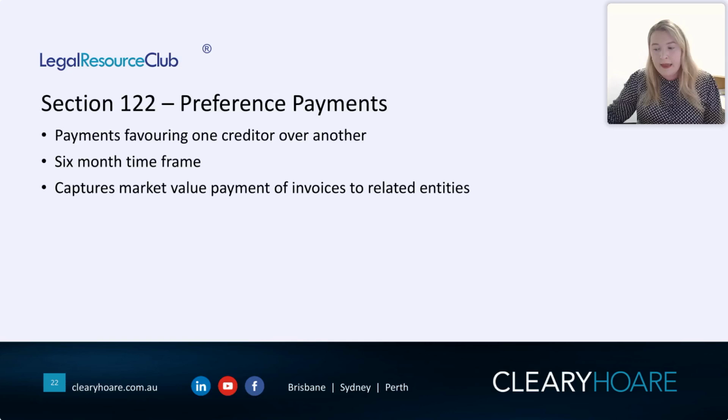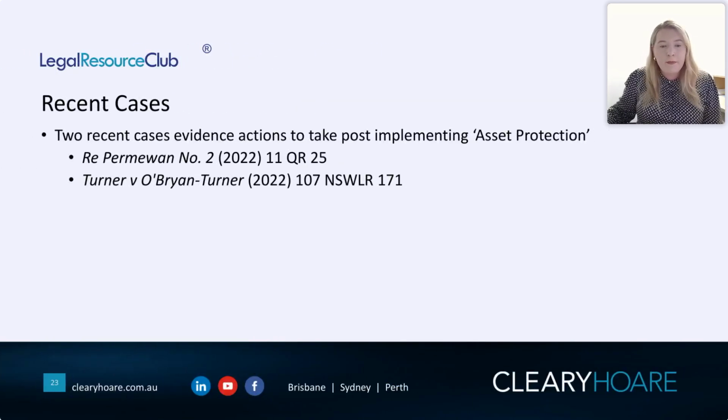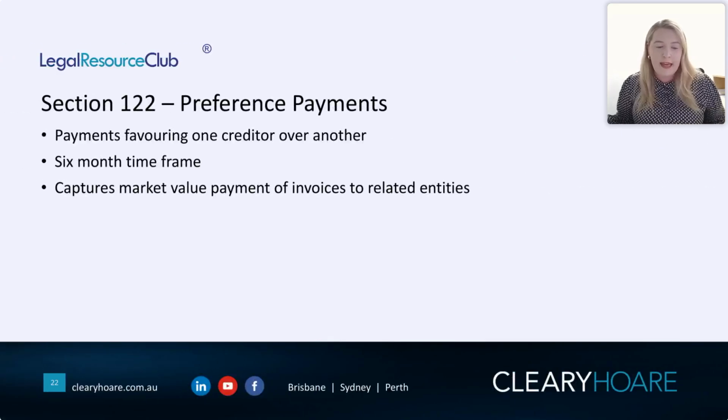However, when we're dealing with these preference payments, there's only a 6-month time frame. So just because of how much shorter it is compared to an undervalued transaction, less likely for this one to be a concern. But certainly when we're looking at the clawback provisions, we need to be concerned about the 4-year